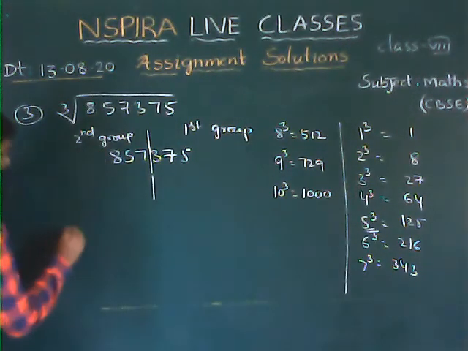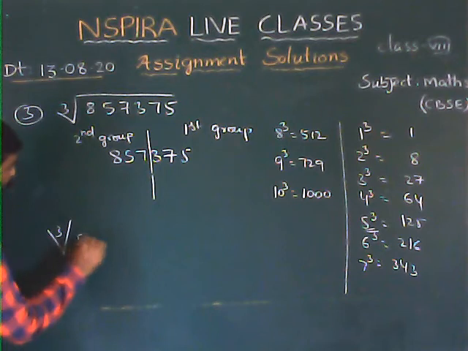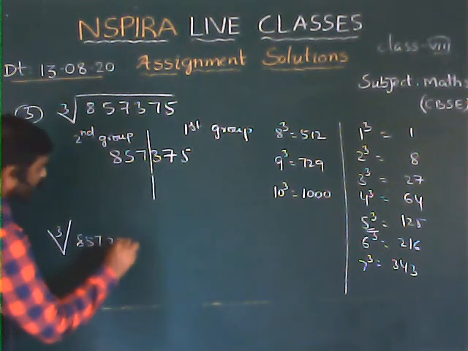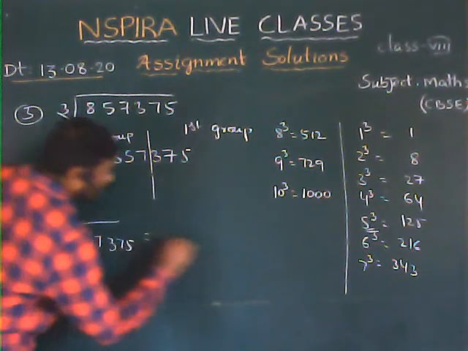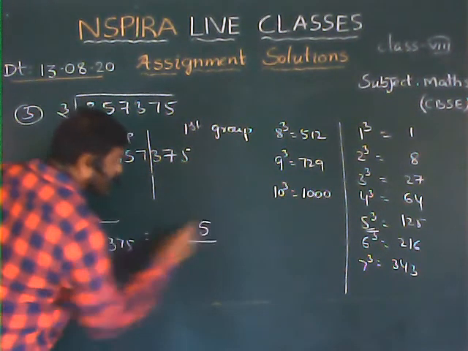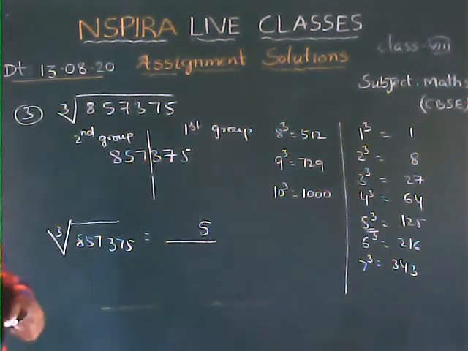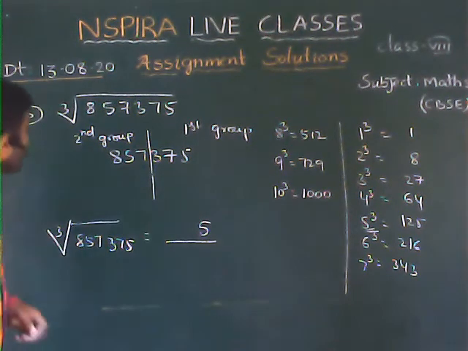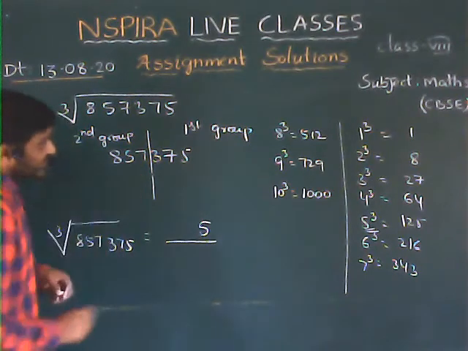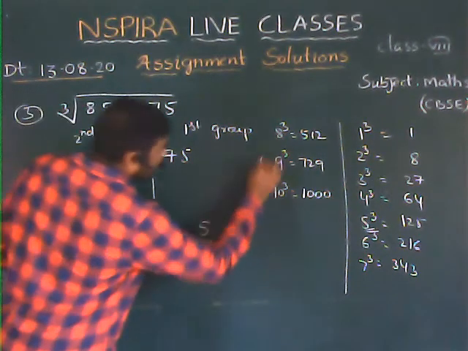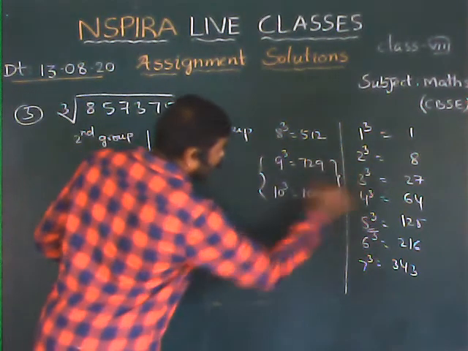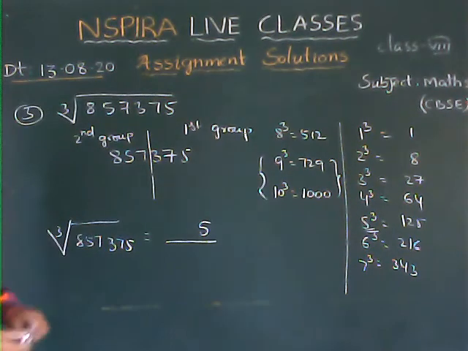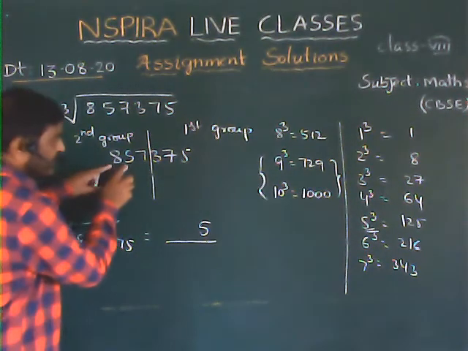So our answer: cube root of 857375 is equal to, our units digit is 5 compulsorily. Again I want one more digit, that is the digit in tens place. How can you identify that one? This 857 lies between 729 and 1000. Is it clear? Once again, this 857,